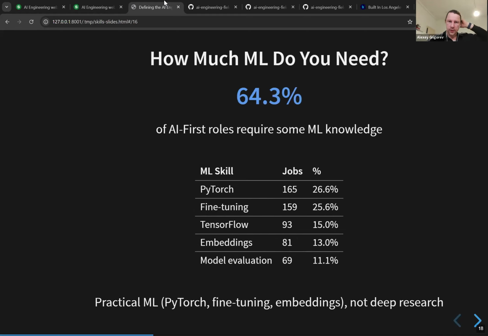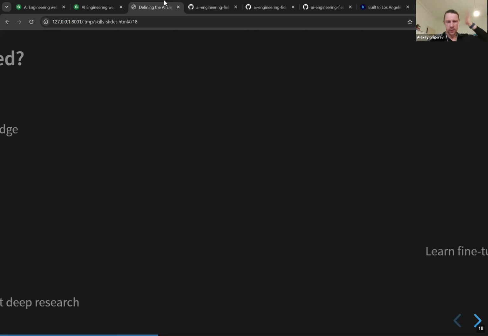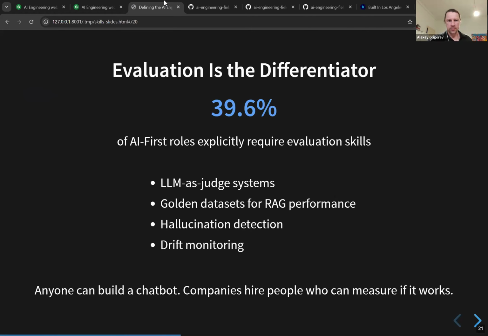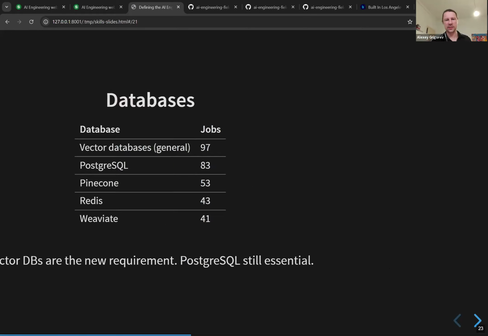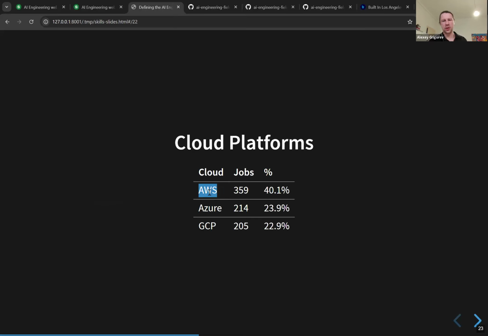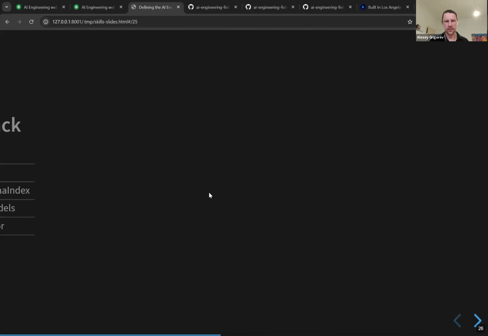Knowing some machine learning helps, and productionizing is important, and evaluation. If you're transitioning to AI from engineering, you should look at RAG, you should look at agents, and you should look at evaluation, right? This is what I see from this data. And if you're not sure which cloud platform to use, go with AWS.